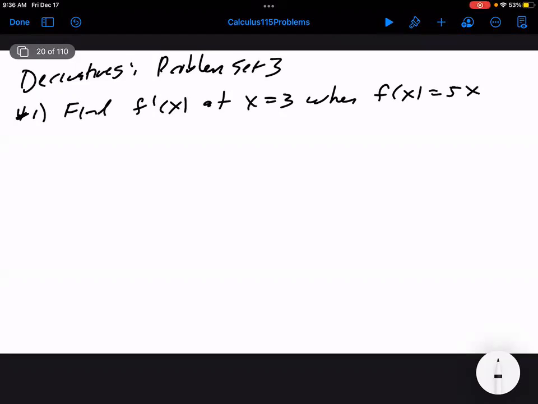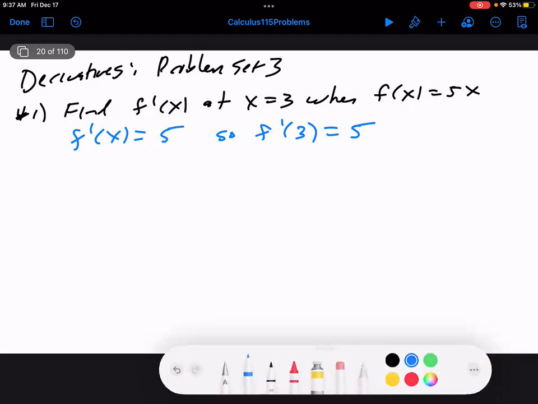So the way all these problems work is you first find the derivative and then you substitute. So for this one, f prime of x is just going to be 5. So f prime of 3 is just going to be 5. Doesn't matter what our input is. It's always going to be 5. So a lot of these problems are going to be very similar. So for number 10,